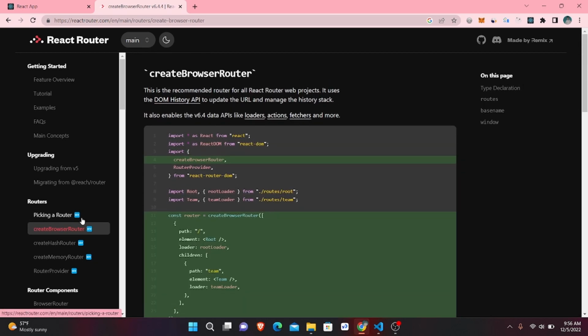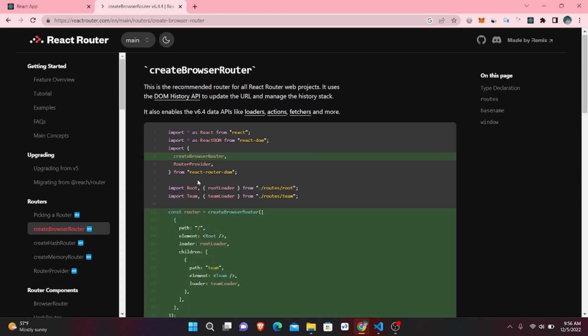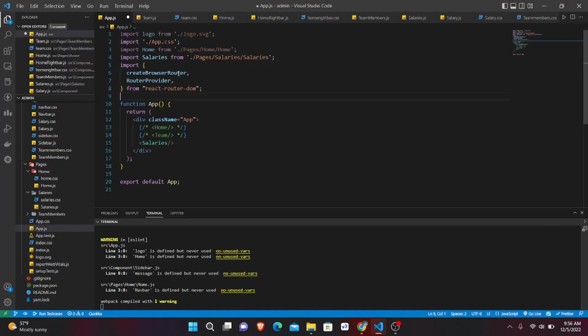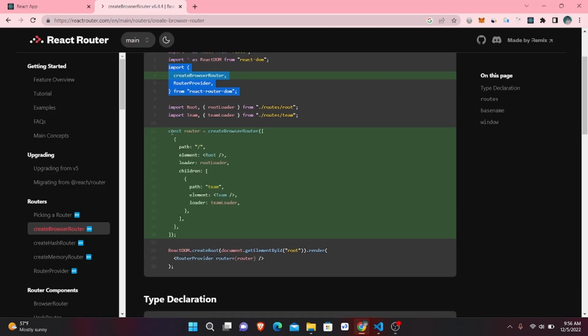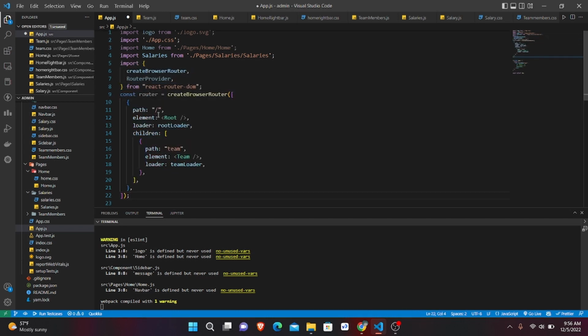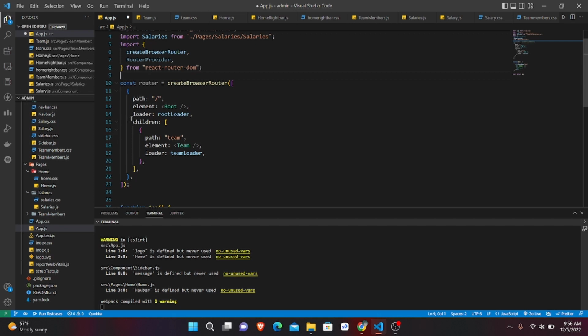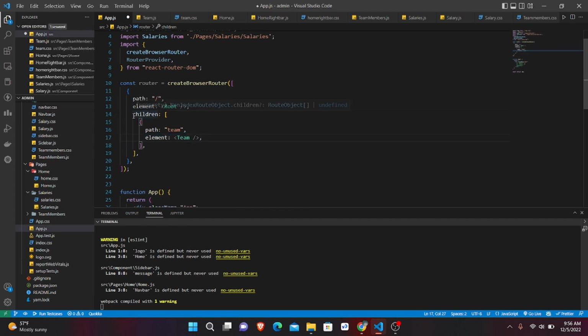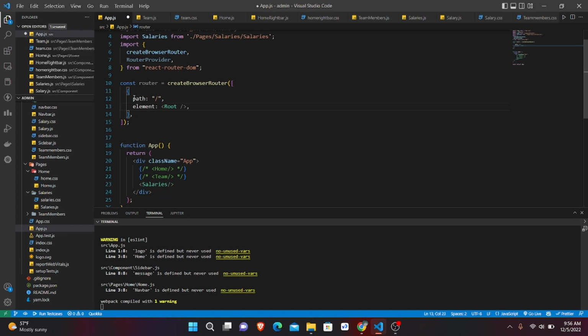Yeah, so you need to go to this create browser router, and you need to copy this. Let's go back, and I'm going to paste this here. And also you need to copy this. Let's copy this, and we need to paste it after this. Okay, so now we need to remove this loader, and also we need to remove this children. Okay, so let's copy this, and path will be team. Let's copy this again, and our path will be